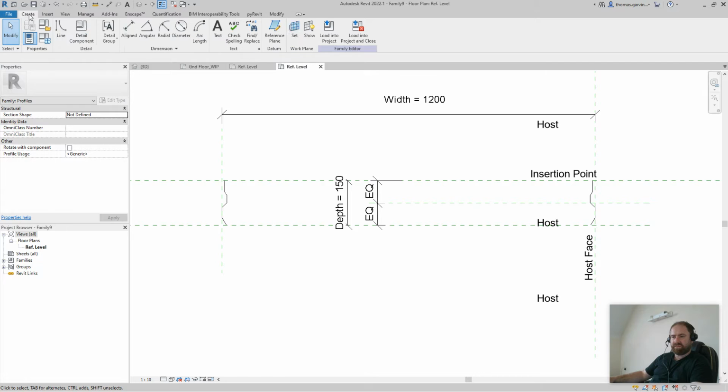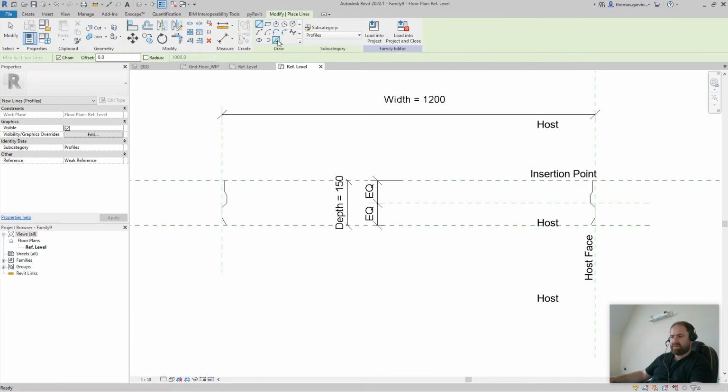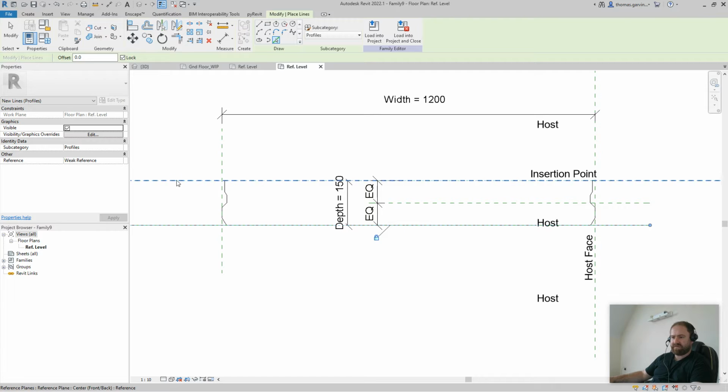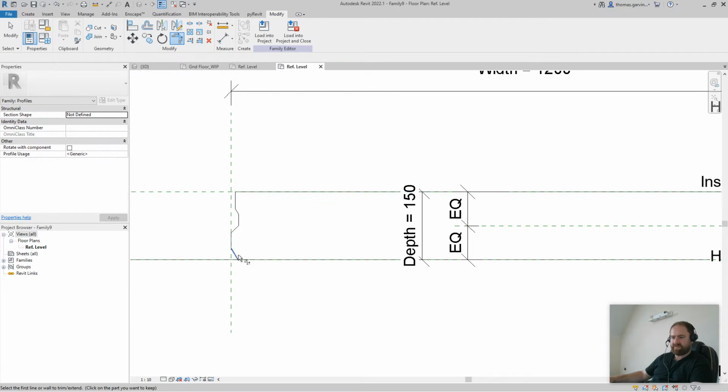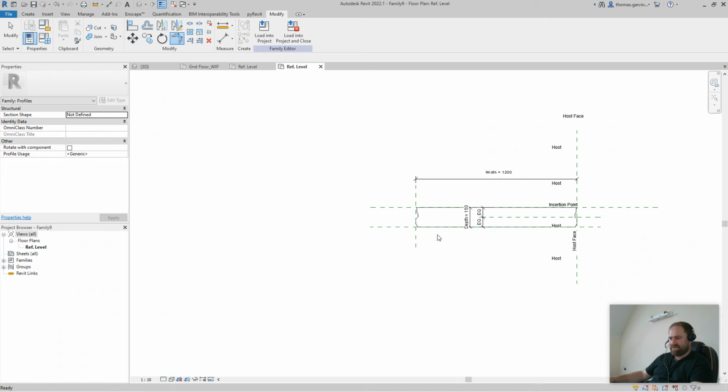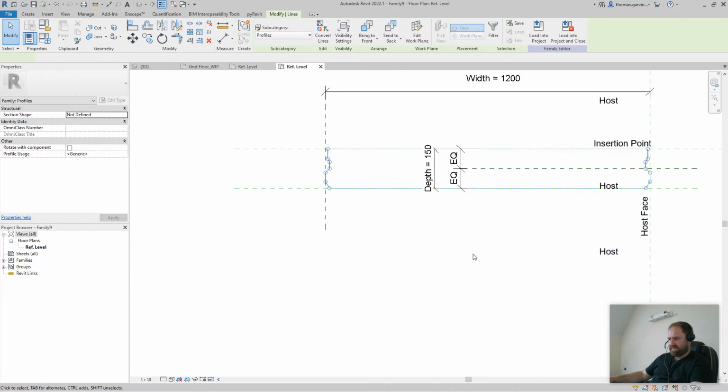So I'm going to create line, pick line, the horizontal reference planes with the lock. Okay, and then I'm going to trim those guys. Trim the corners. Are you following? All right. So if we just highlight that all, it's